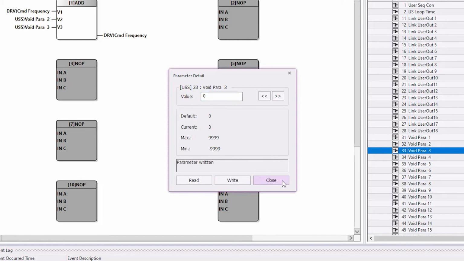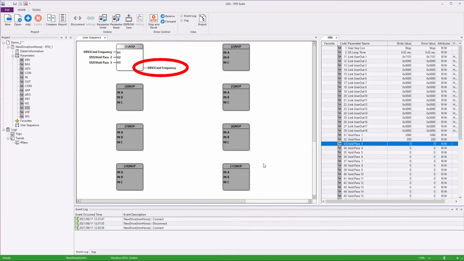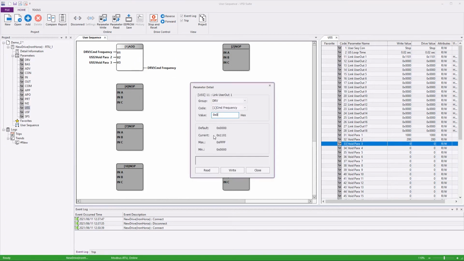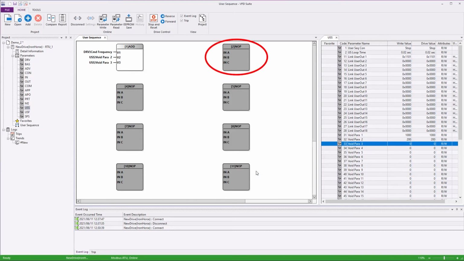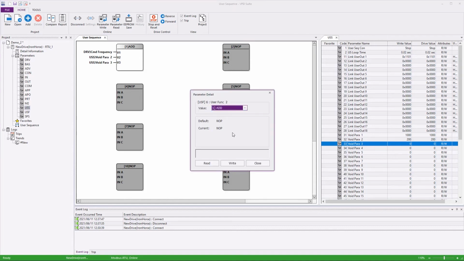Write that out. We want the output to go to the next block, but we don't do that here. This output is only used if you need to also send the output someplace else. For now, I'll just 0 it out to get rid of the stuff left over from the previous example. In block 2, we want to add another 2 Hz. So double-click, add. Write that out.